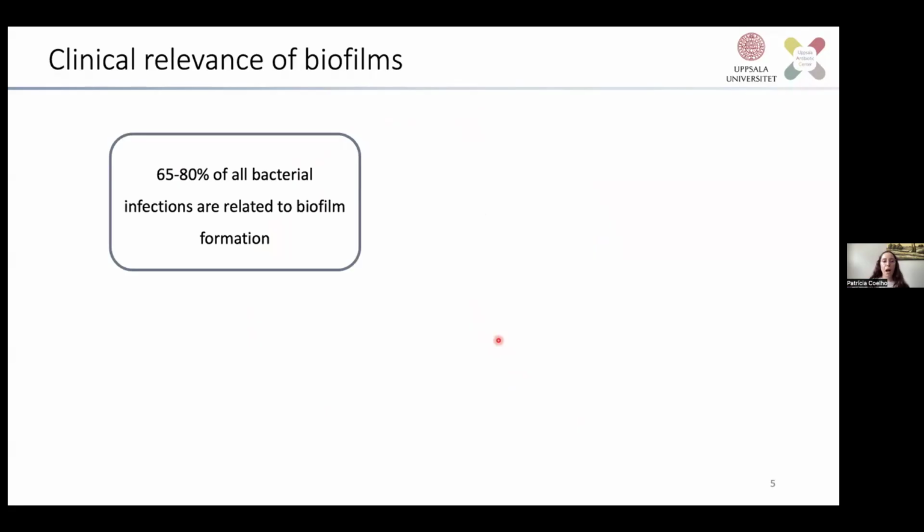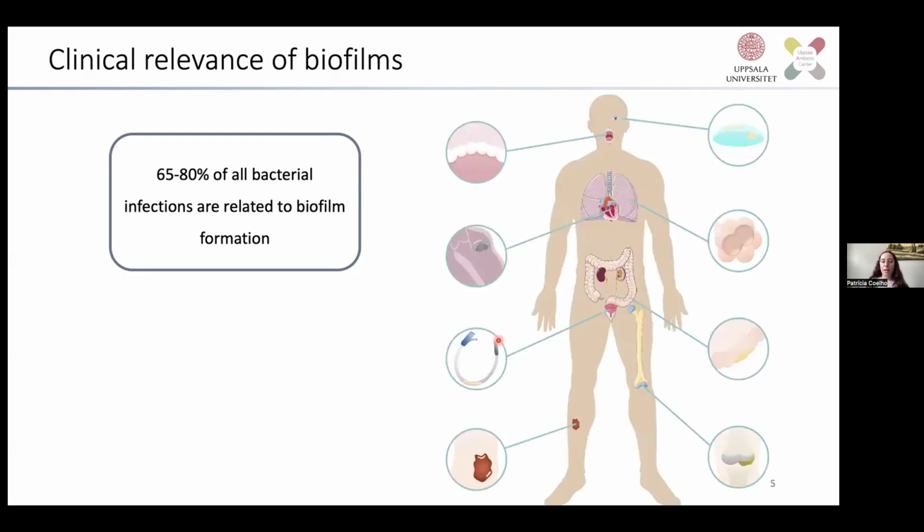But how or why are biofilms important in the clinic? So most people don't actually know this, but about 65 to 80% of all bacterial infections are related to biofilm formation. And in fact, bacteria, even in nature, about 90 to 95%, exist within biofilms. So I think it's safe to say that bacteria choose to live within the biofilm and it's more favorable for their survival. In the body, biofilms can manifest in many different ways.